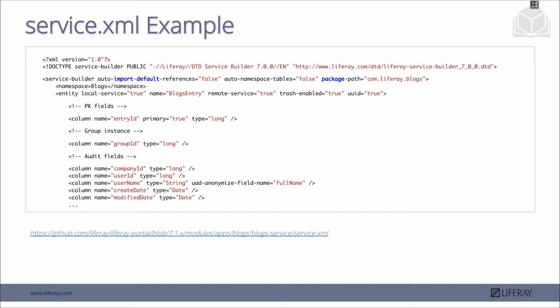So over here is an example of service.xml. Starting off at what would be the second line, with a lot of XML files, we have the DTD. We can take a look at the DTD if you want and see what's fair game within this service.xml. As we go down, the part that I want to emphasize first is that entity local service